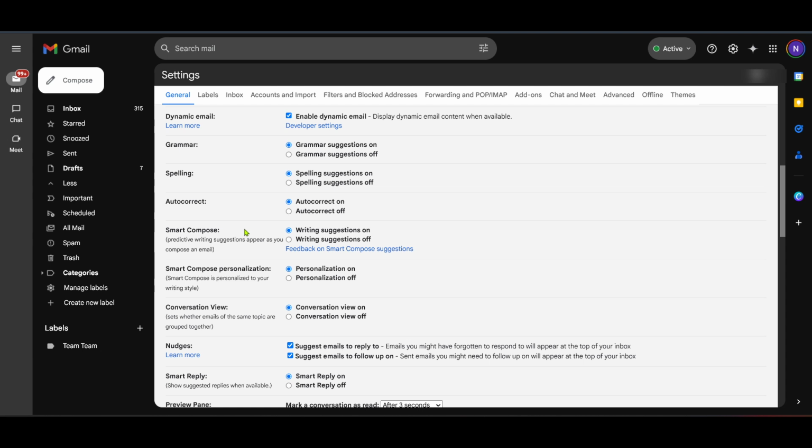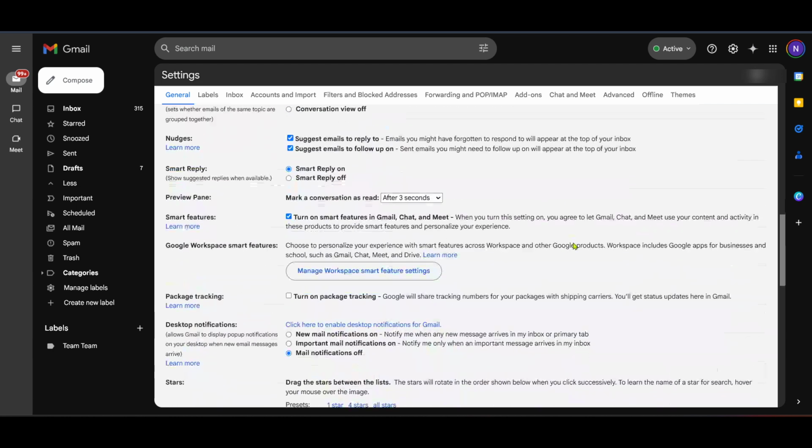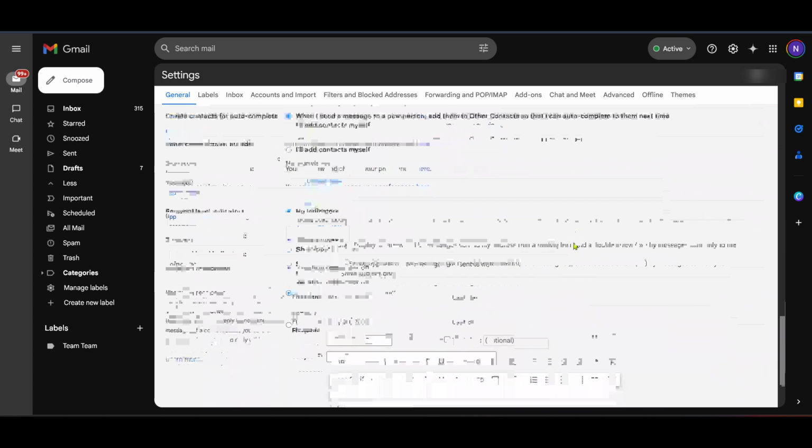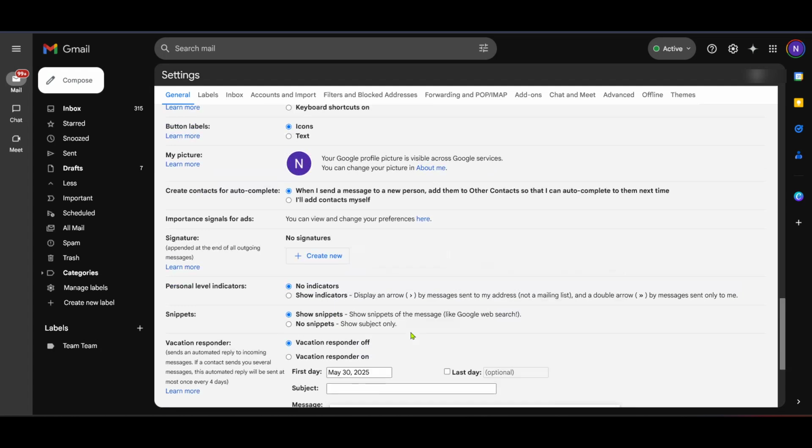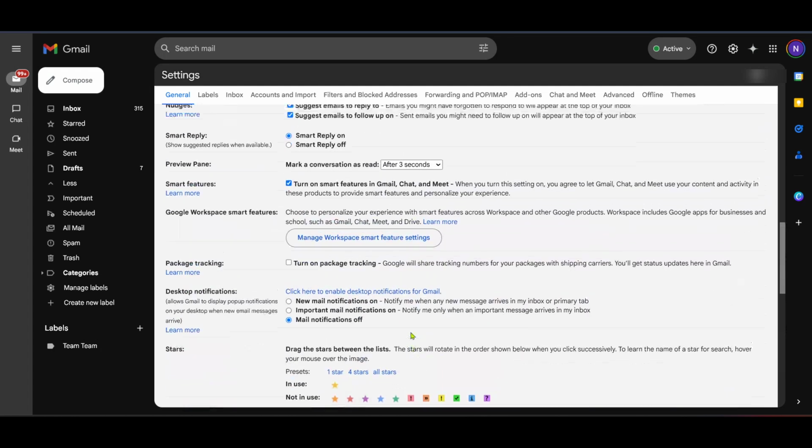Once you've enabled Smart Compose, don't forget to scroll all the way down to the bottom of the settings page and click Save Changes to ensure your preferences are applied. Now when you start composing an email, you'll see grey suggestions appear as you type, offering words or phrases that might complete your sentence. You can press the Tab key to accept the suggestions or just keep typing to ignore